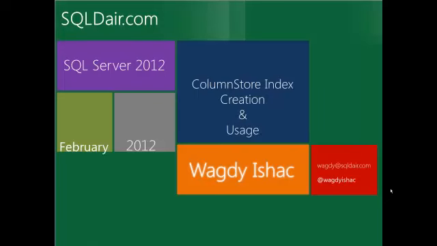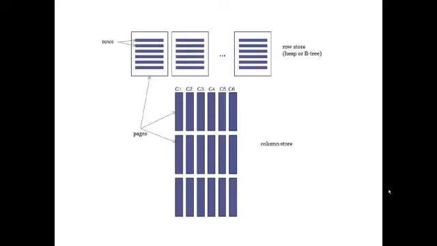Hi, today I want to talk to you about the ColumnStore index in SQL Server 2012. Simply, Microsoft introduced a new type of index using columns, whereas the older normal indices, the clustered and non-clustered, were what we call the row store index. As you can see in this very simple diagram, the row store index is stored in the form of rows